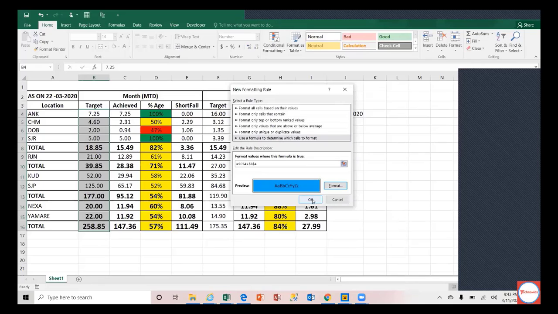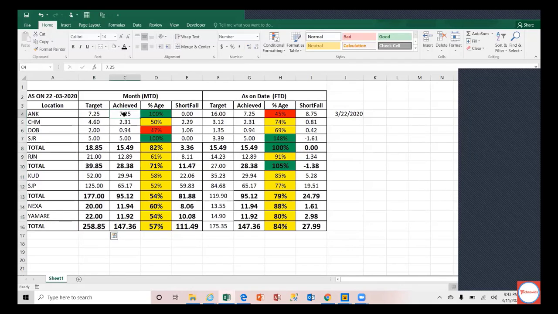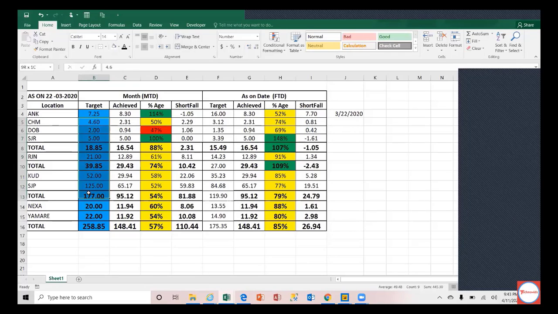Whenever this C4 value is greater than that, then the formatting will be applied. In this case none of the values are greater, so let me see if I can make it 8.25, and you can see that has applied. Now I have not applied it to all the rows, so that's why it's going wrong. I have to tweak that formula.